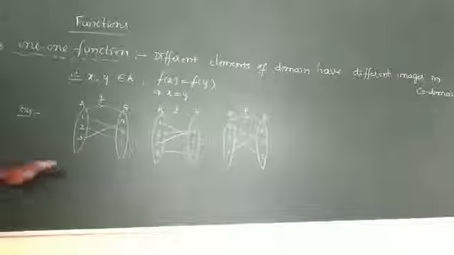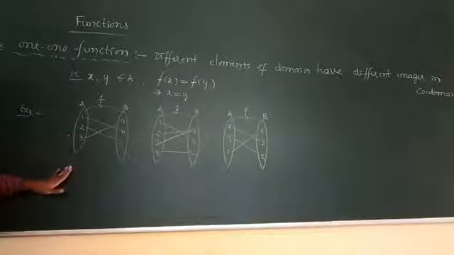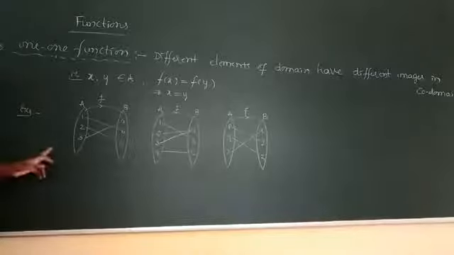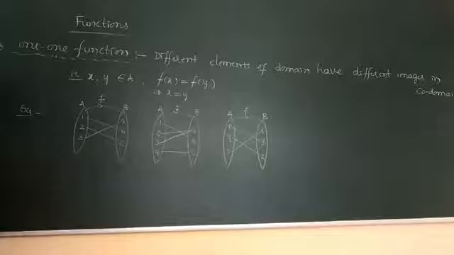Here f is a function from A to B. The set of elements of A is the domain, and the set of elements of B is the codomain. Then the related elements are the range elements, as you already know. First, is this a function or not? Specifically, it is a function.